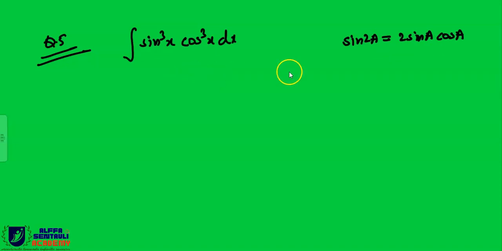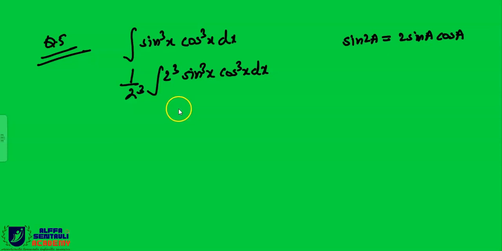2 sin a cos a, right? So now this thing we can write, we can multiply 2 cube and 2 cube over here. Multiply and divide by 2 cube dx, right? Now beta, since we have studied the law of indices, if we get the same power,